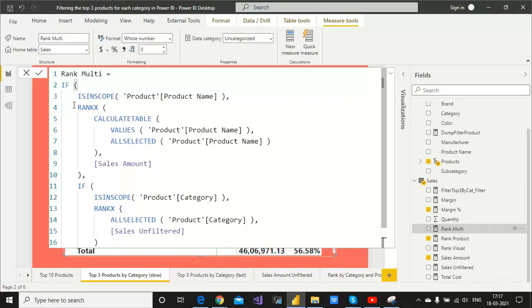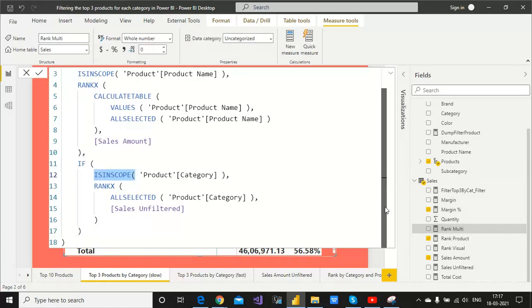On behalf of sales amount we have done the calculation, so that product name is categorized. ISINSCOPE allows you to pass the column directly into the measure. RANKX uses all selected, and the sales amount is unfiltered, meaning we don't want to filter it.